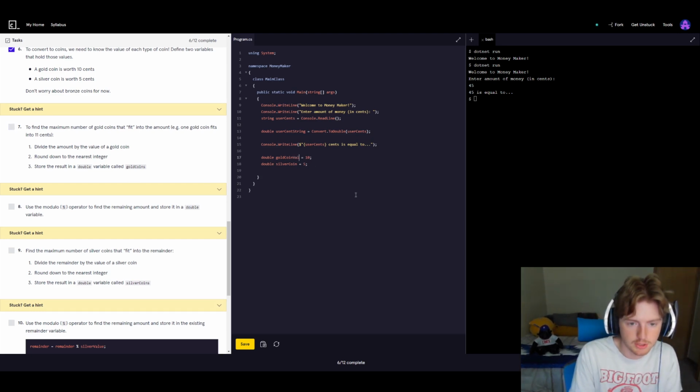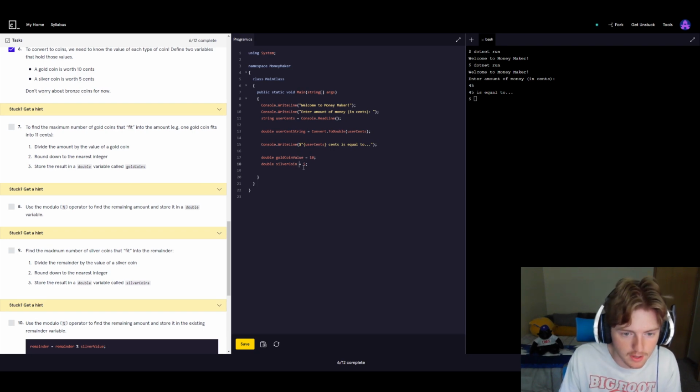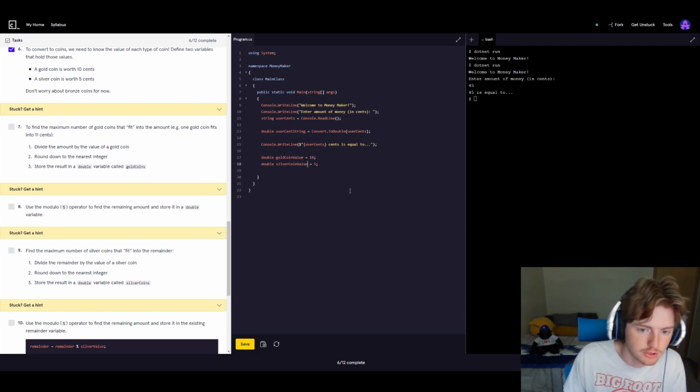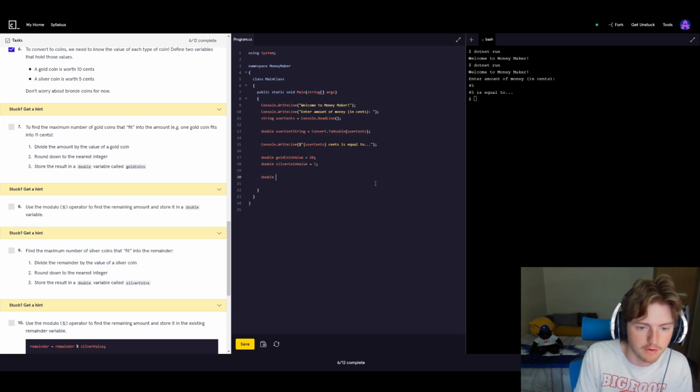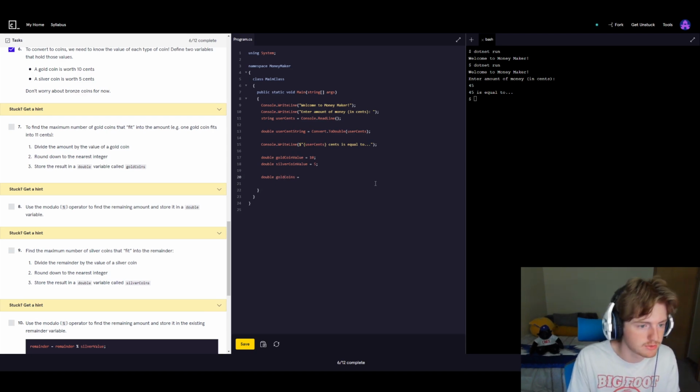So I'll actually change this to gold coin value and silver coin value just to make sure we are not getting confused by our variables. So first thing that we're going to do is save a variable called double gold coins, and we're going to set that equal to the variable of